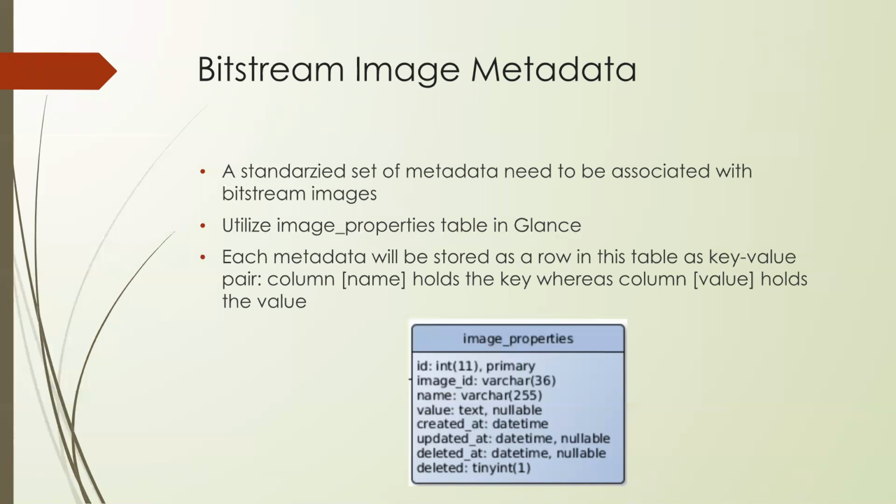So in the context of Cyborg, we want to put the image in Glance, right? So we want to utilize the image property table in Glance, which basically contains key value pairs. Like the key will be the name and the value will be here. So this is the existing table. We just use that. Some important things are missing here, right? Should we talk about what's missing here? No, nothing's missing in this table. I'm saying something needs to be added here.